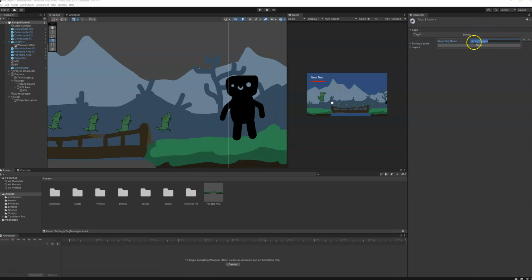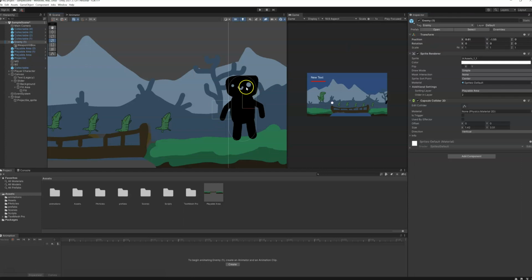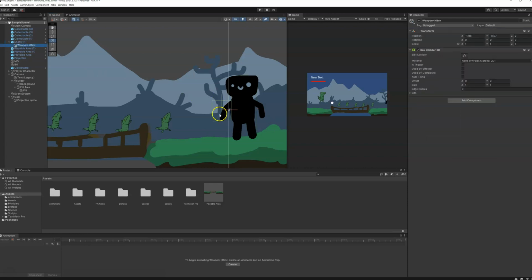It's case sensitive as well, so enemy danger, no spaces, capital E, capital D. Save it. Now we have an enemy with one part that's labeled as an enemy, so we can run into it and destroy it, and then another portion that's tagged as enemy danger that will